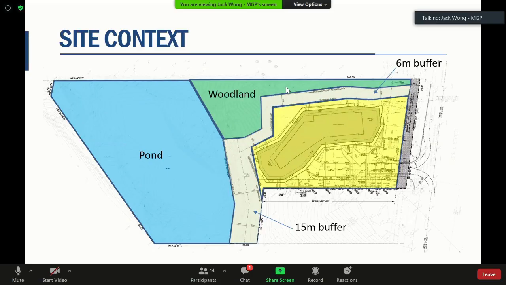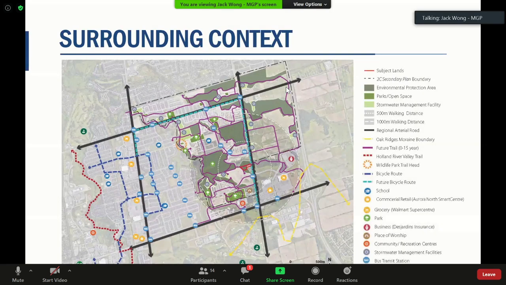Named portion of the site is the developable portion, where this proposed development is situated. The property also has direct access onto Leslie Street with a full movement entrance, ingress, and egress. This is just a graphic demonstrating the surrounding context central to the subject property. There are ample community facilities and amenities available in the area.